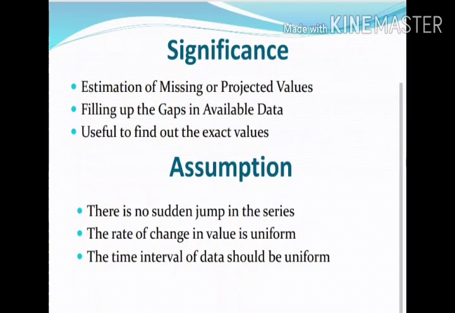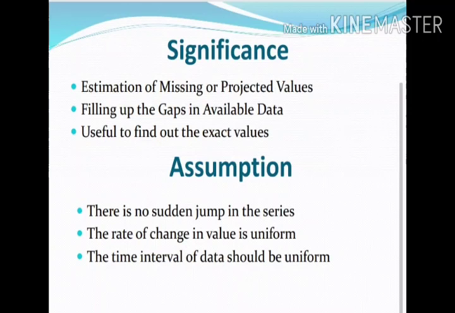Below are the assumptions. If we are doing interpolation and extrapolation as a statistical tool, these are the pre-assumptions. What was the first one? There are no sudden jumps in the series from one period to another. It means that the given series is normal and uniform in its continuity. For example, you have seen uniformity in the intervals of the years 1971, 81, 91, 2001. 10, 10, 10 is the difference.